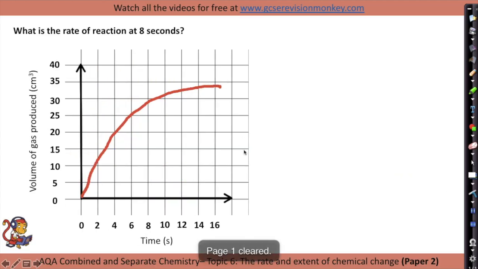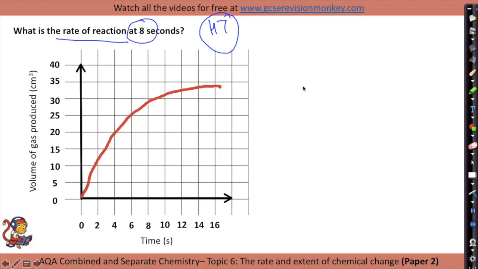This part here is for higher tier only, so if you are doing foundation, just move on to the next slide. This higher tier calculation is using gradients of tangents on a line. So this will ask you, for example, the rate of reaction at an exact point, for example 8 seconds. So just about here is the rate of reaction at 8 seconds. So to